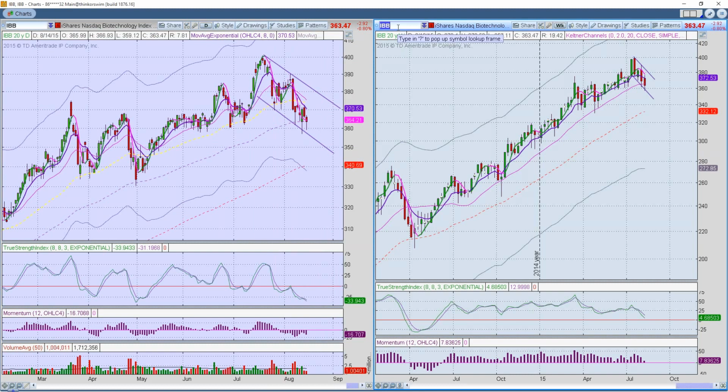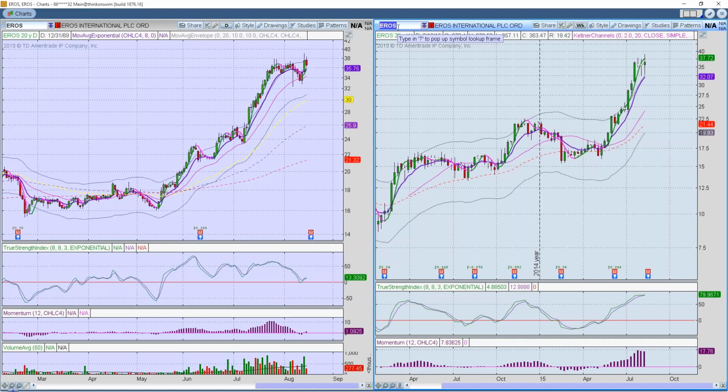Let's see, we've got EROS International. Yeah, Gino, okay, what have we got going with this? We had a nice little move here off the bottom on a weekly chart, and now we're significantly extended. On a weekly chart, it looks like it's either consolidating to move higher or to move back down. And so you've got a really nice range here.